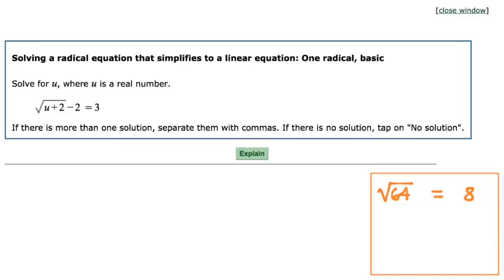What does it mean, though? How do we know that the square root of 64 is equal to 8? Give me a rationale for that. What's the because? The square root of 64 is 8 because 8 squared, in other words, 8 times 8, is equal to 64,